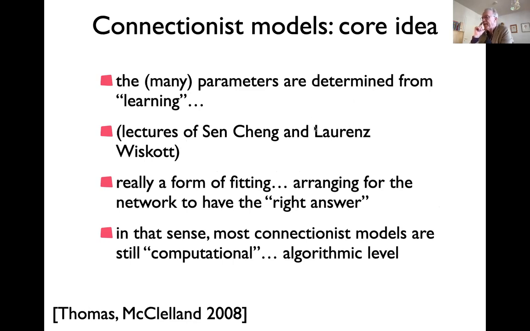And in a way, these learning rules of how you adjust the parameter values of the synaptic connections to be right are really more like fitting. It's very clear in the case of what they call supervised learning, where you know the correct answer and you compare that to the answer the network gives, and that's the error, and you're making a gradient descent, that is, you're changing the parameters in a direction that reduces that error, and you can backpropagate that through the network. That was the big breakthrough to be able to do that.